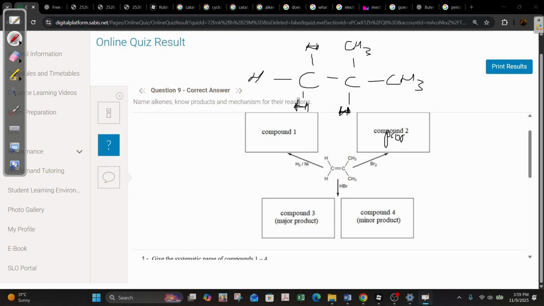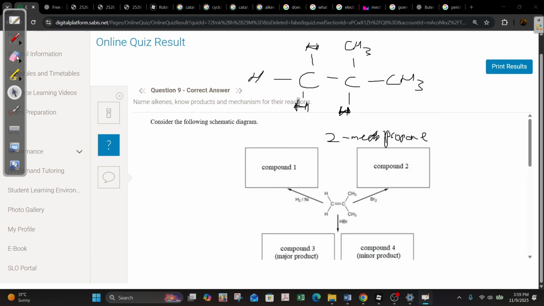You'll get 2 methylpropane for the first. So the double bond breaks, and the hydrogen attaches to any of the carbons that are free. So it's 2 methylpropane. Yes. Okay, for the next one,